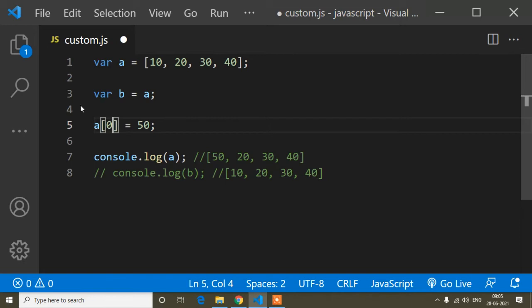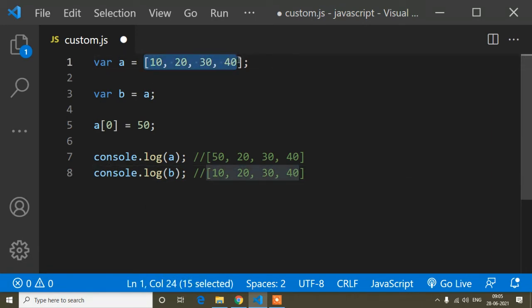I'm changing the value at a's position, and here, if I print b's value, what should be the output? Will b's value be the original array, or if I change this a[0] to 50, will it be written 50 instead of 10? What do you think?